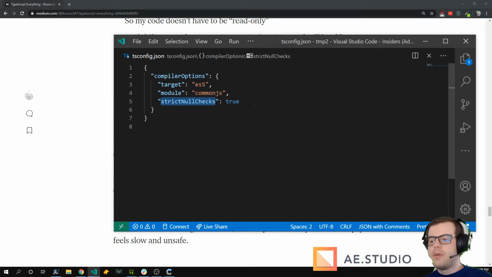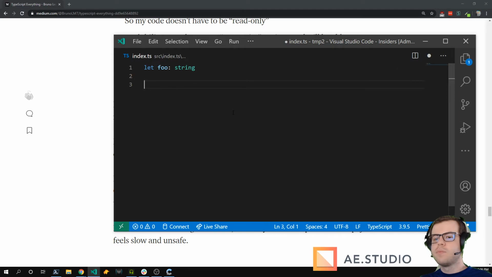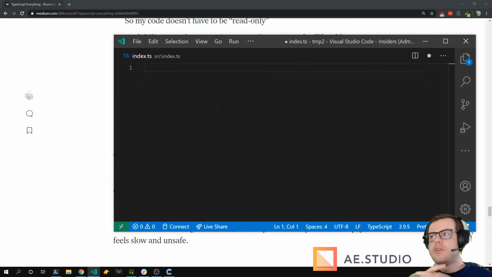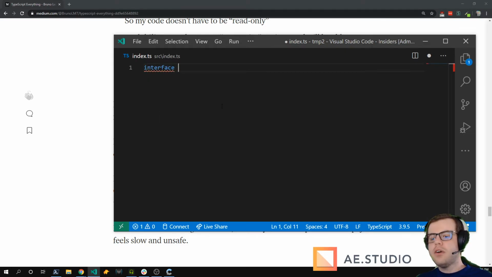Optional type. So optional is not any. It's something I didn't talk about yet, I guess.